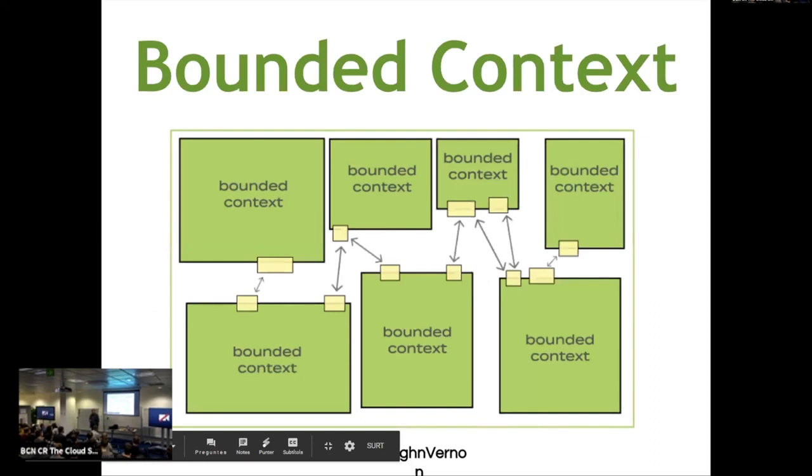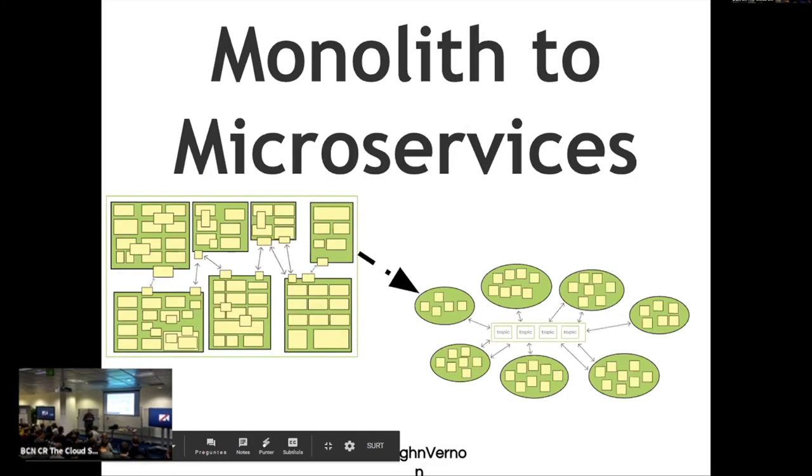And did you think that maybe that monolith could be a number of bounded contexts that are well modularized? You can literally use DDD in this fashion. So you have a monolith, but we're modularizing according to bounded context. That's pretty cool, huh? And so reaching from monolith to microservice is much more achievable if we have